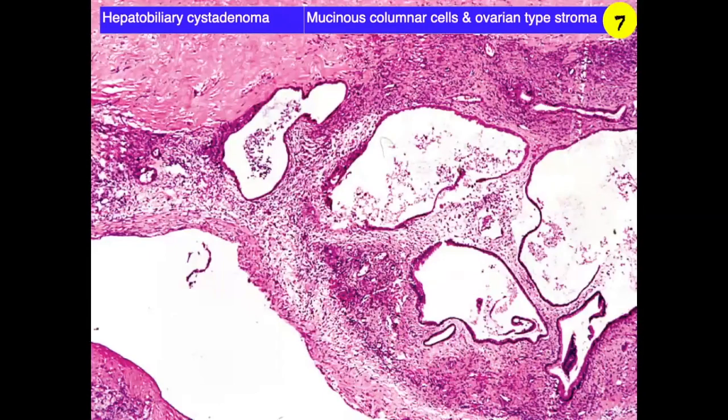And again, we already saw this in the biliary epithelial type 2 pattern, where you see the biliary dilatation with the ovarian stroma-like intercystic tissue, and this is classic of mucinous cystadenoma of the biliary tract.